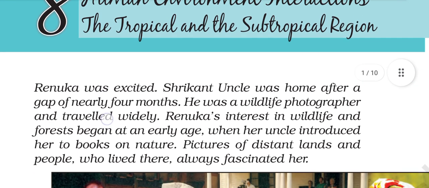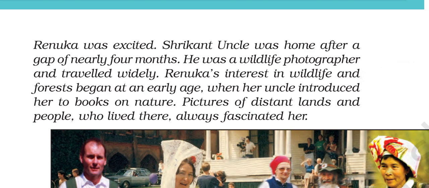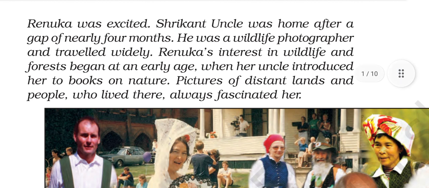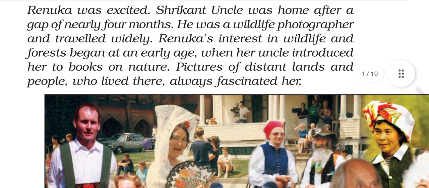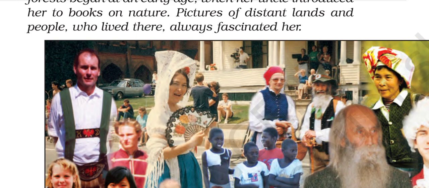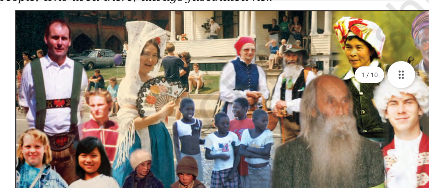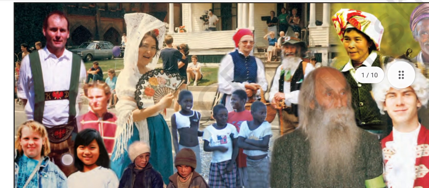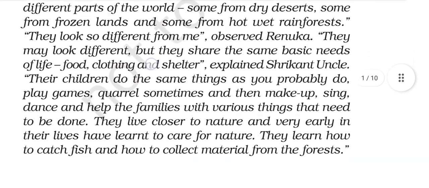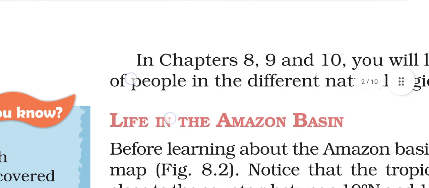The story of this chapter starts with Renuka, a girl whose uncle is a wildlife photographer and used to travel worldwide. Renuka used to see the photographs of different people living in different parts of the world, and then she came to know that there are different food habits, and different types of clothes people used to wear. And that's why we are also going to discuss the story of some people